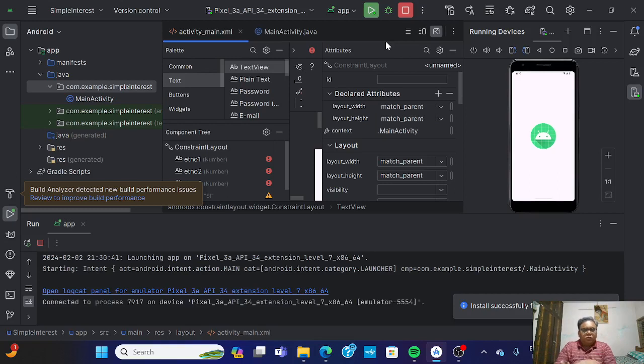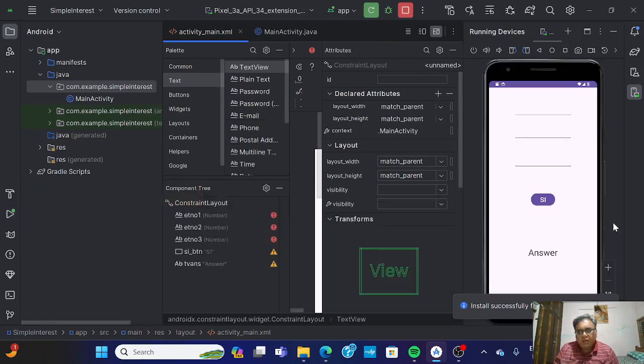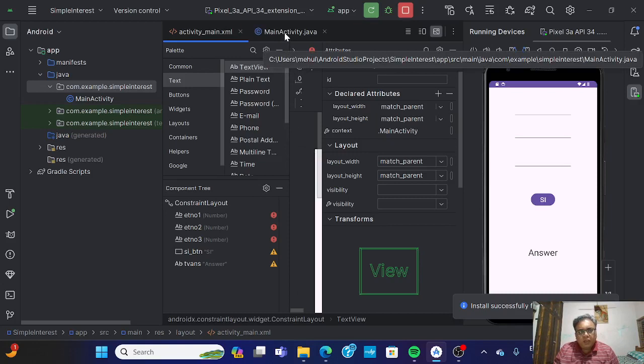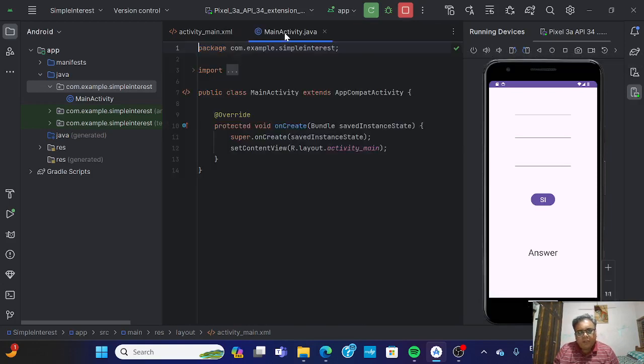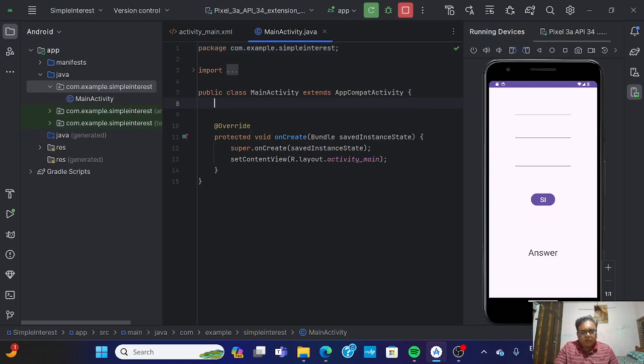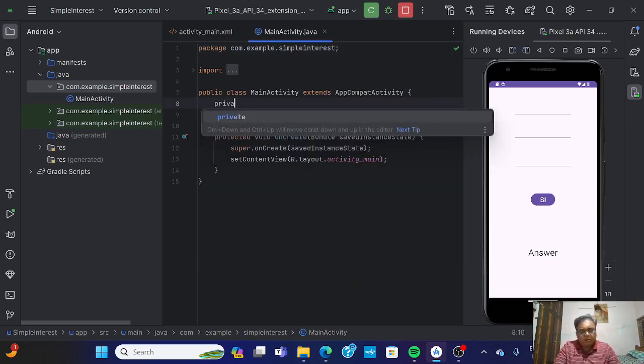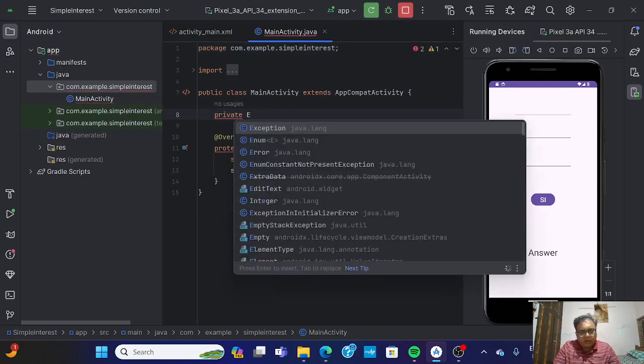Okay, so my Gradle is built now, and here is the layout of my AVD. So now I'm going to start the programming. I'm going to start the programming from here, main activity. First I have to select 5 variables. So let us start with private, then edit text,